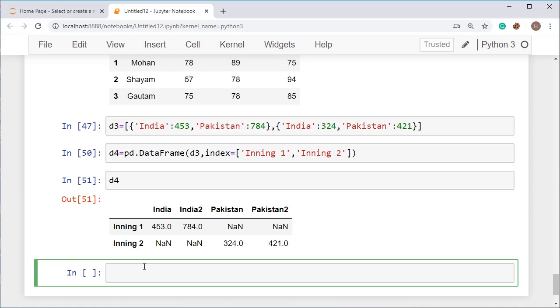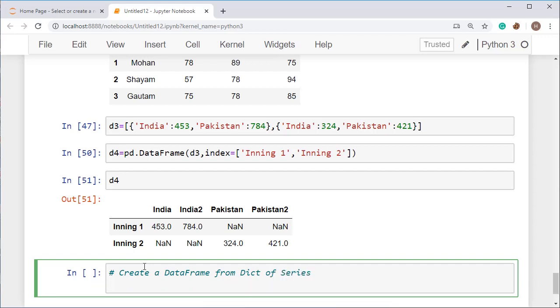So practice all these things, otherwise you will be in trouble, means you will not learn anything else. So create a data frame. If you get stuck, then just ping me either in classroom or in doubt chat room. Anyway, you can ask the doubt. Dictionary of series. Okay, and then you have to work on that.